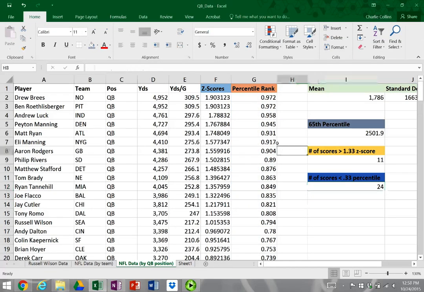All right, so that's your quick tutorial on Excel and looking at percentile ranks, z-scores, percentiles, and identifying various criteria